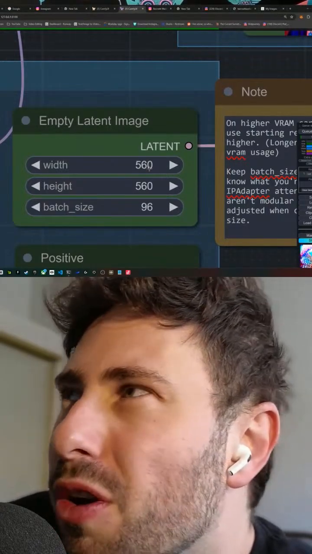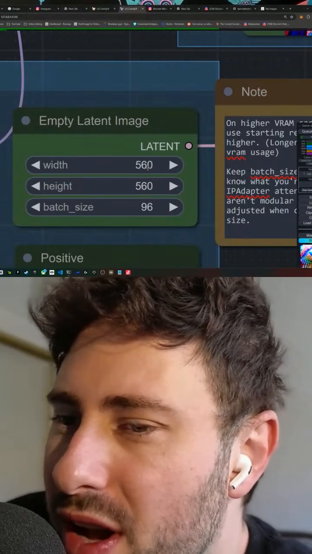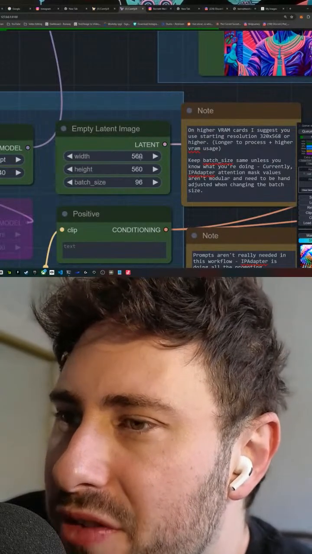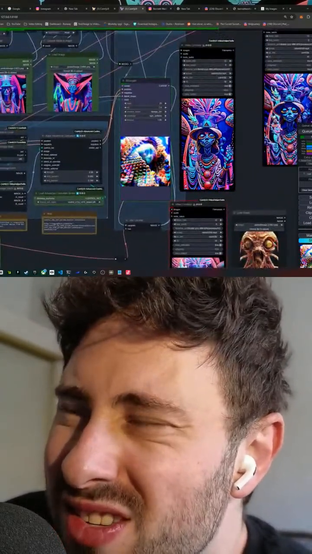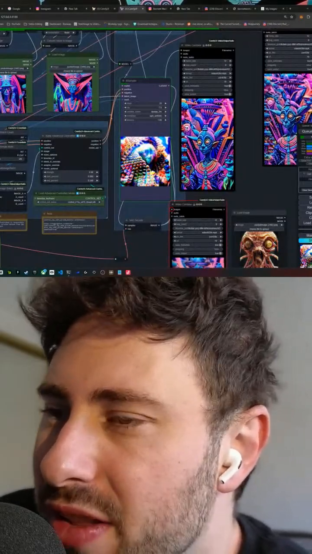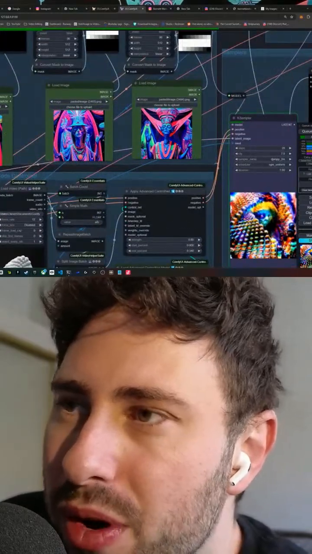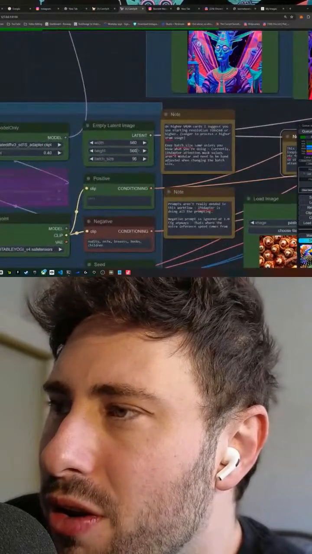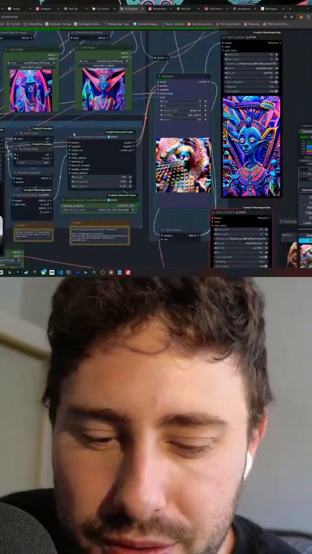You really don't want to go beyond like 768, 800, even 900 sometimes can work. But also once you start going past 500 or 600, it starts to have issues with faces and features. Like you'll start getting duplicate faces, one stacked on the other, and it won't really understand that you only want one person in the frame, for example. So the lower resolution you set here, the more likely it will be to give you a clean, stable result.